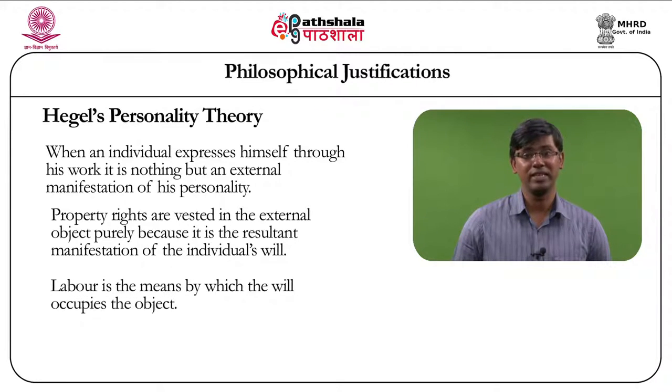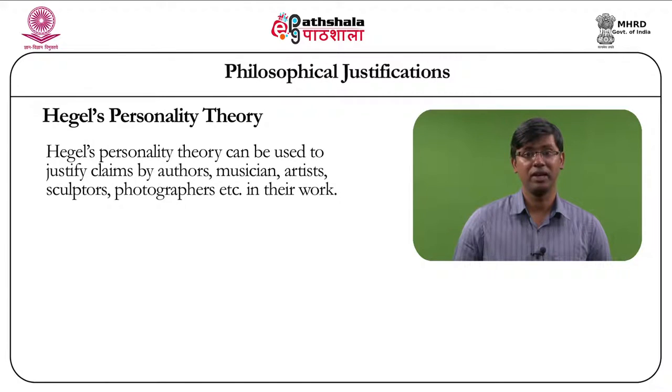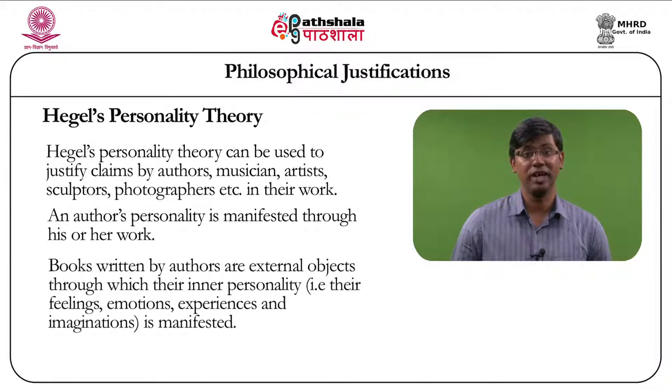Hegel believes that this external manifestation, which is seen as property, cannot be alienated at any point in time, as it is a reflection of the self. Hegel's personality theory can be used to justify claims by authors, musicians, artists, sculptors, photographers in their work. An author's personality is manifested through his or her work. Books written by authors are external objects through which their inner personality, that is, their feelings, emotions, experiences, and imagination,